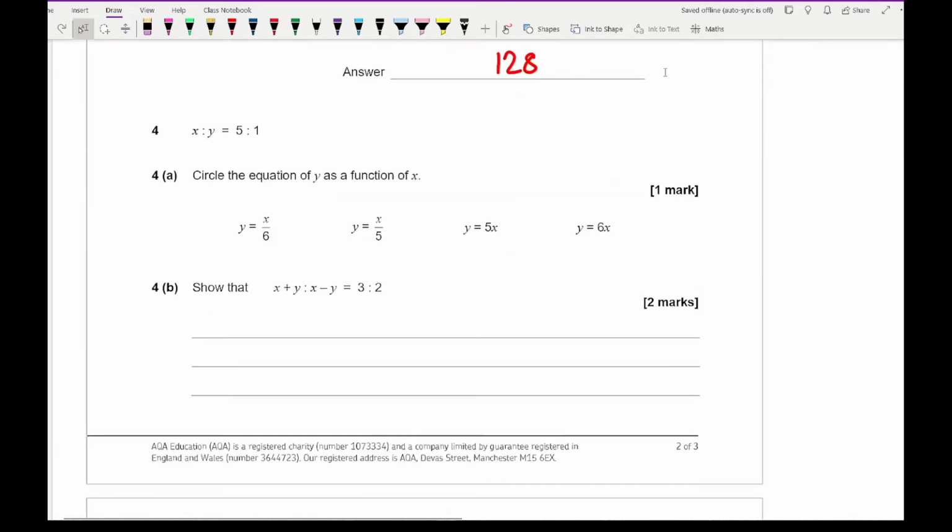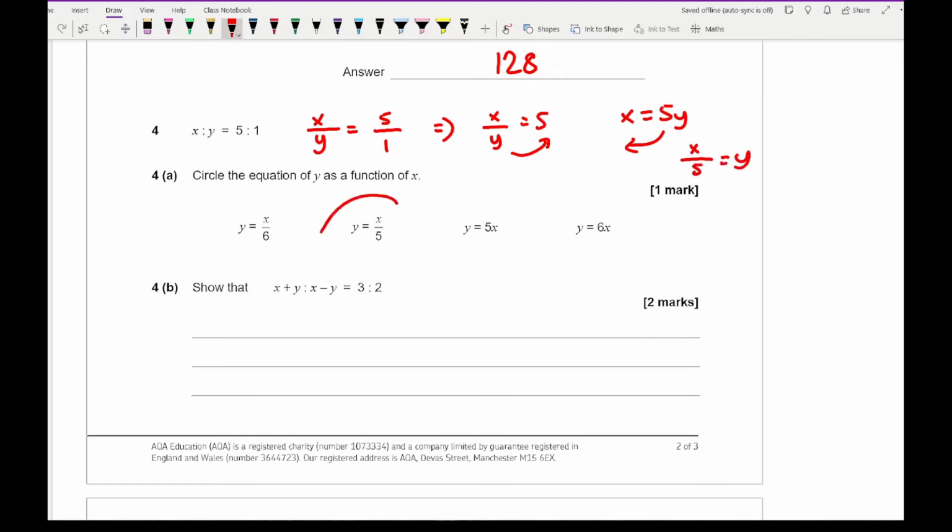Moving on to question 4, it says circle the equation of y as a function of x. Now when you've got this, we can convert each of these to a fraction. So x over y is simply going to be 5 over 1, which simplifies as x over y equals 5. Now I want to make y the subject, so if I take y over to this side, I get x equals 5y, and then if I take 5 over to this side because I want to make y the subject, I end up with x over 5 equals y,